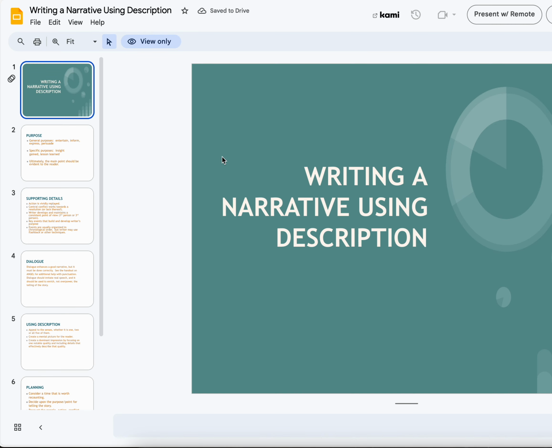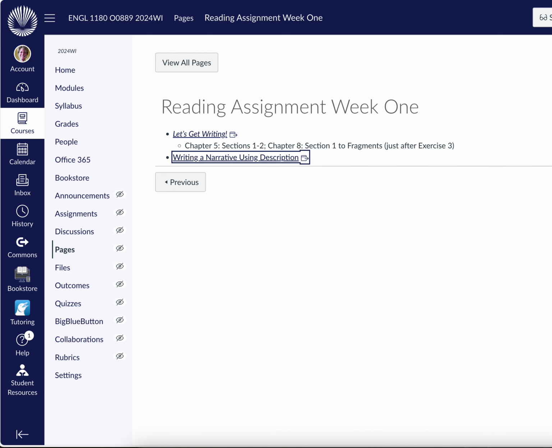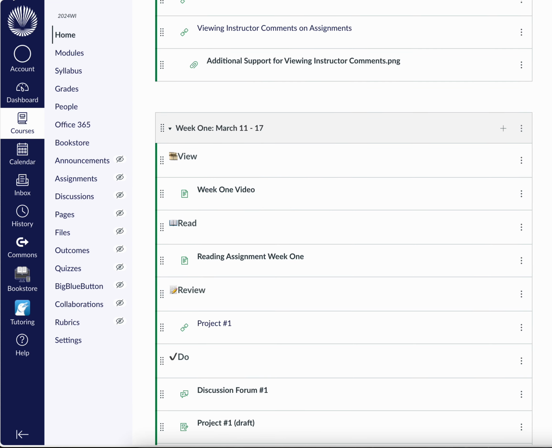It's run over a little bit because of the way I've cropped the screen, but it'll walk you through either the assignment or the grammar for that week, or sometimes both. So you've got some reading, you've got some additional information via a PowerPoint. So that should, of course, guide you.